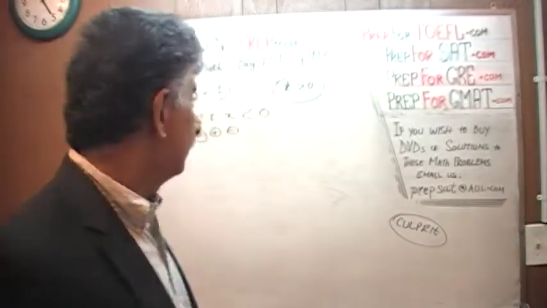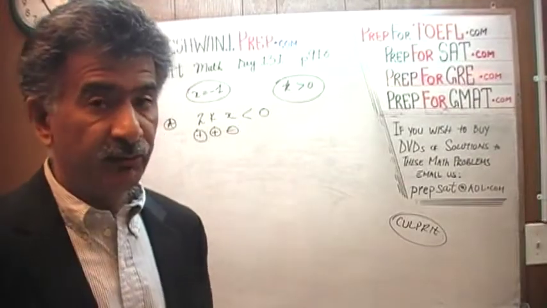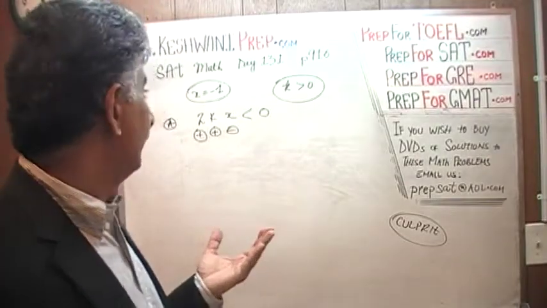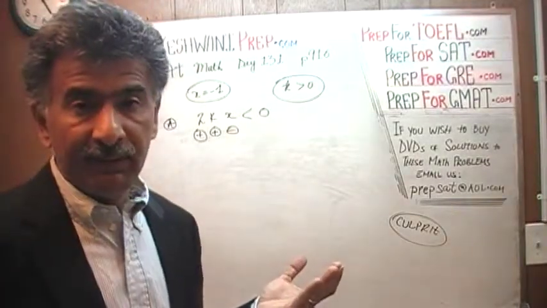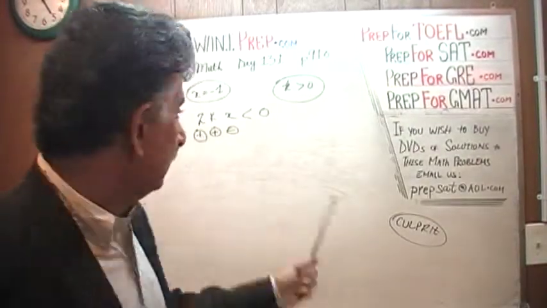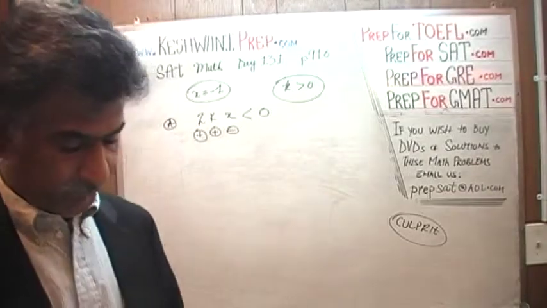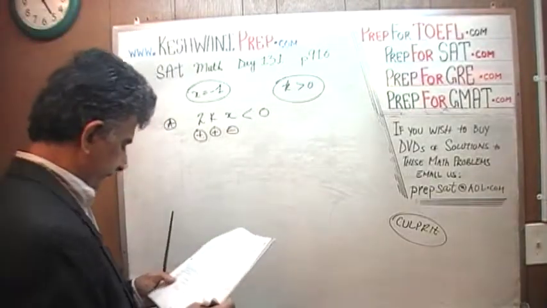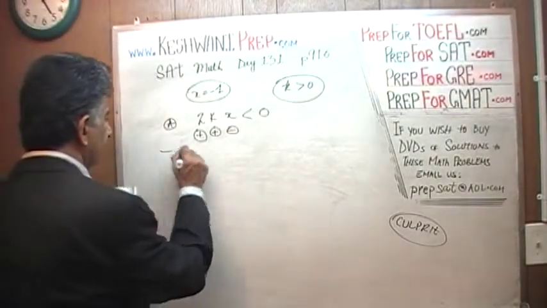Because we know nothing about k. All we know is that it is more than 0. Since we do not know the value of k, we cannot exactly tell how much 2 times k times x is. All we can say is that whatever it is, it is negative. Let's look at B. B says